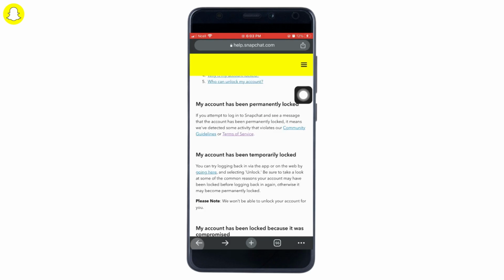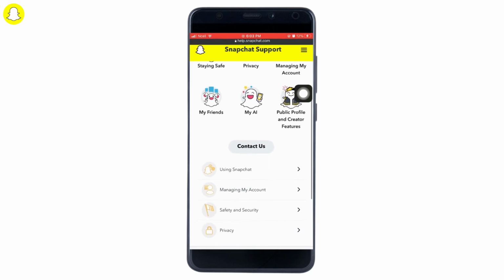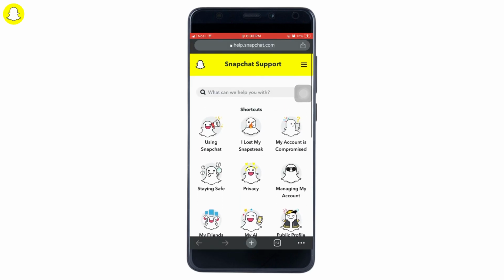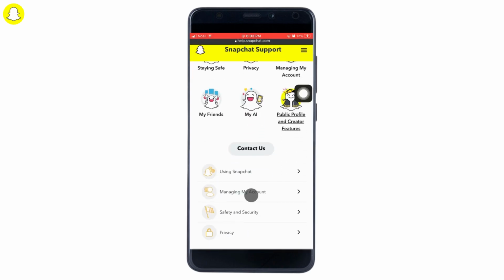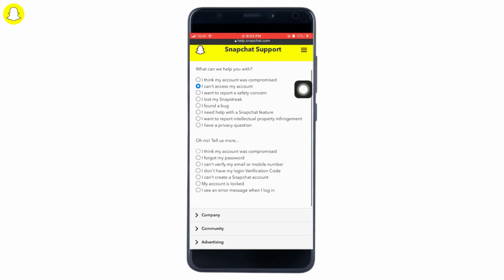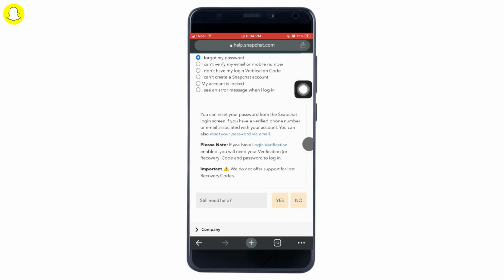The next way is to go back to the link that is provided here. You want to tap on that and then you'll reach the screen. After that, you want to tap on Contact Us. It will ask you how can they help you, and then tap on the reasons why they can help you and what they can do and provide more information about it. In this way, you can unlock Snapchat account in